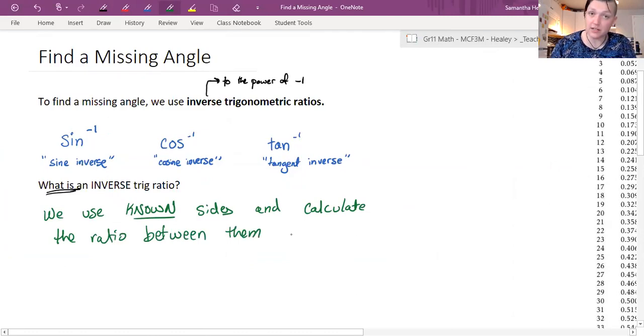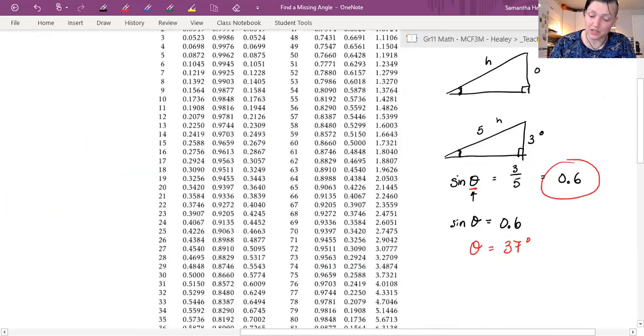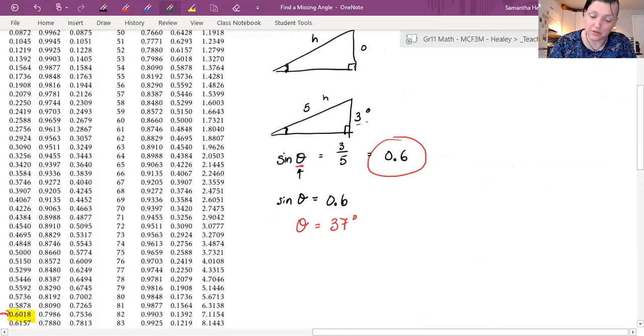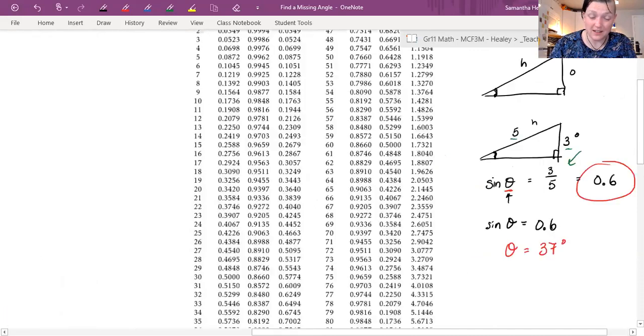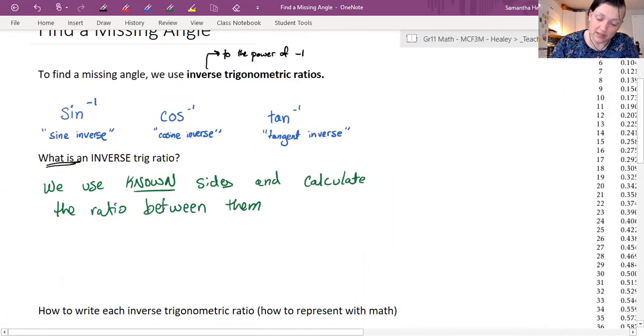So we use the known sides and we calculate the ratio between them, just like we did with this one right here. We said we knew this was 3 and we knew this was 5, and we calculated their ratio. And we calculate the ratio between them and use trigonometric ratio